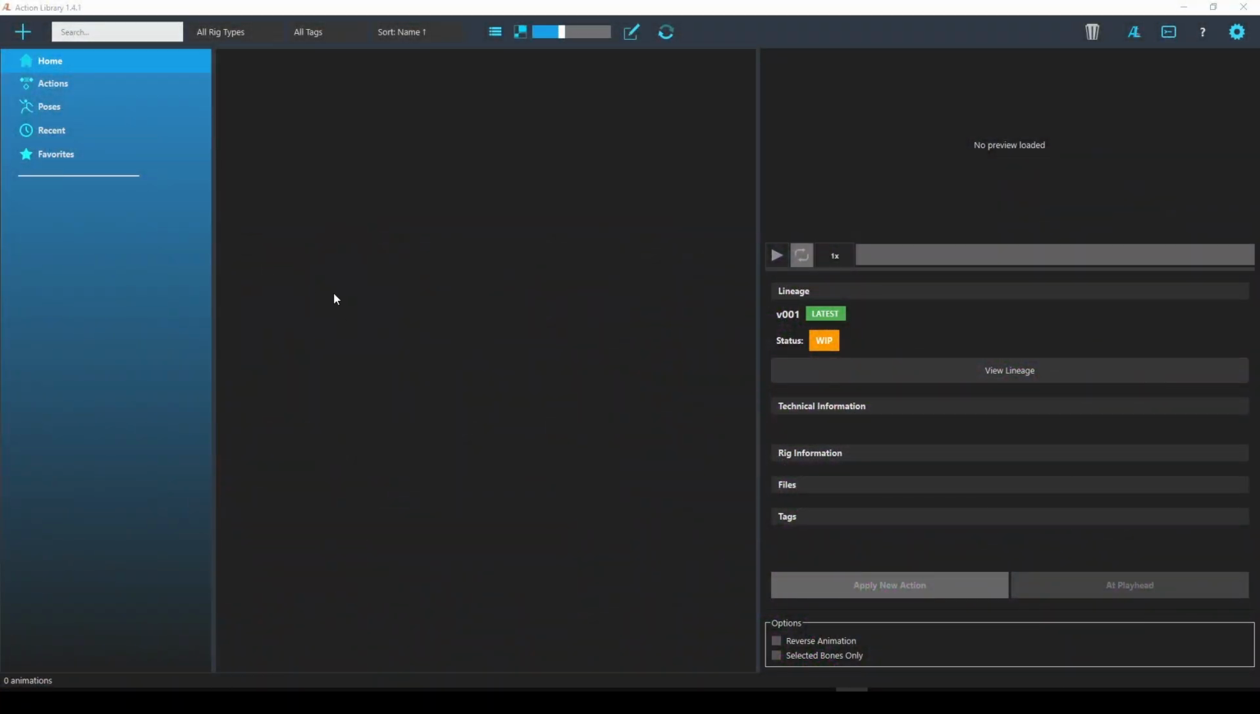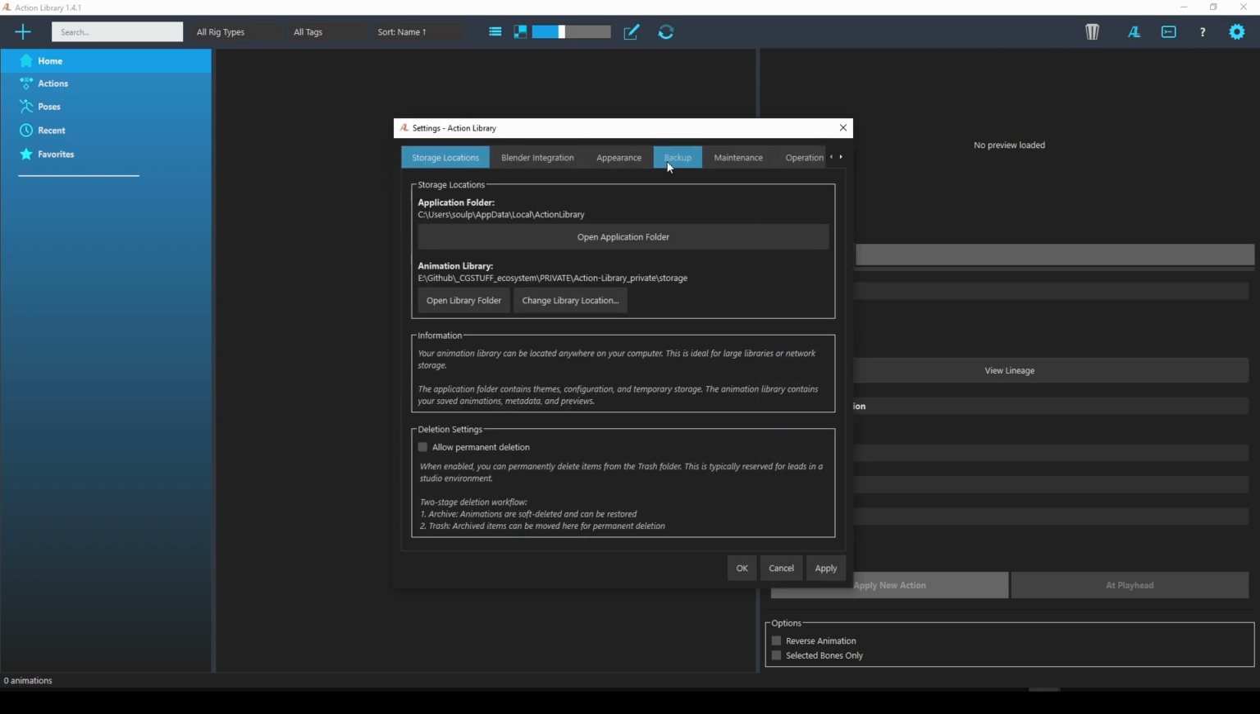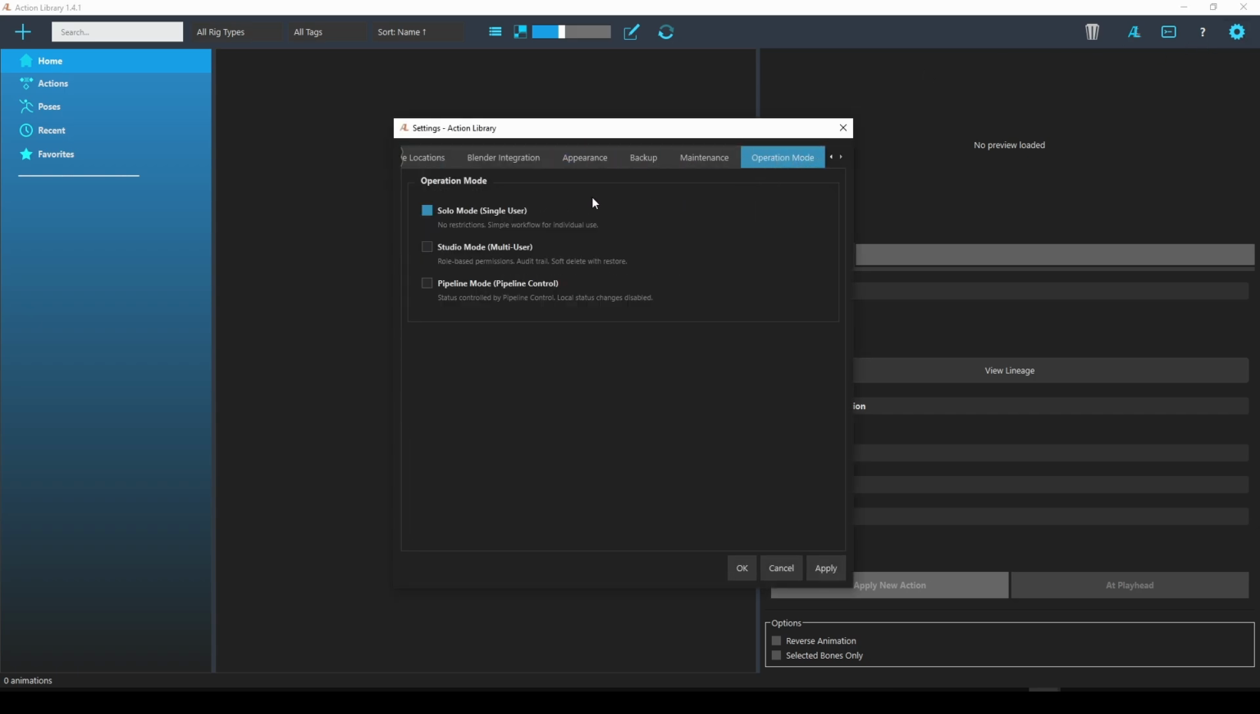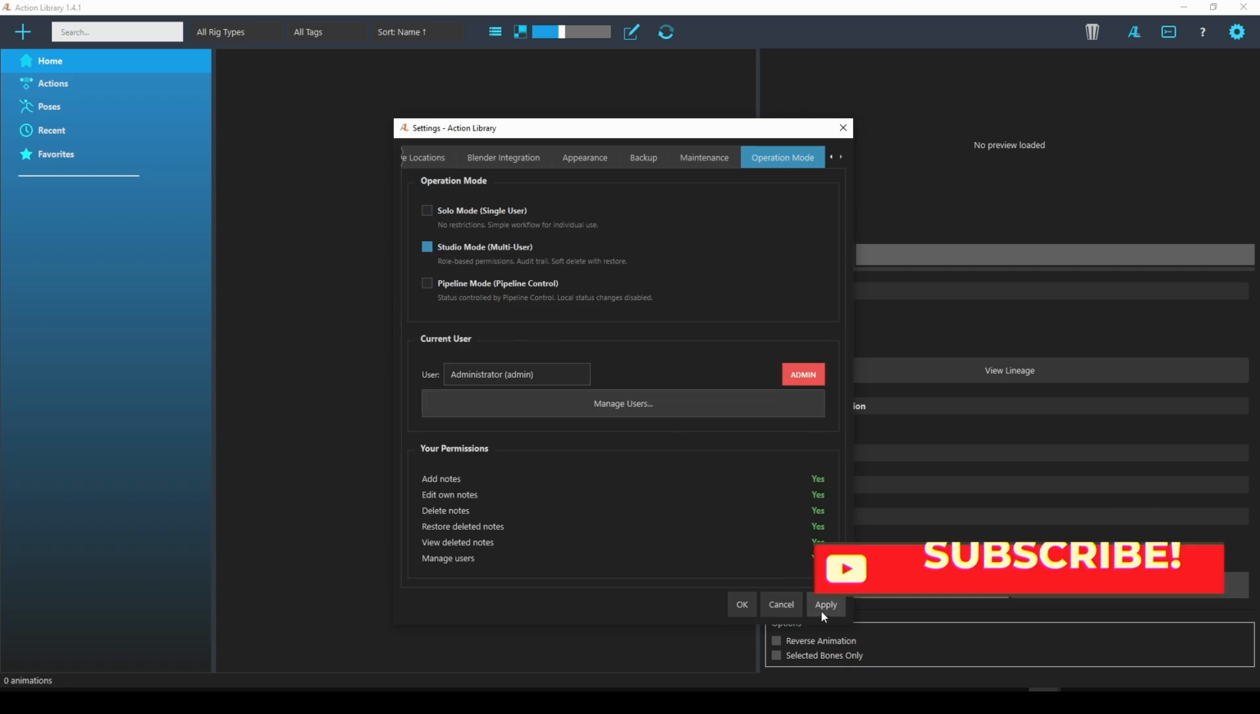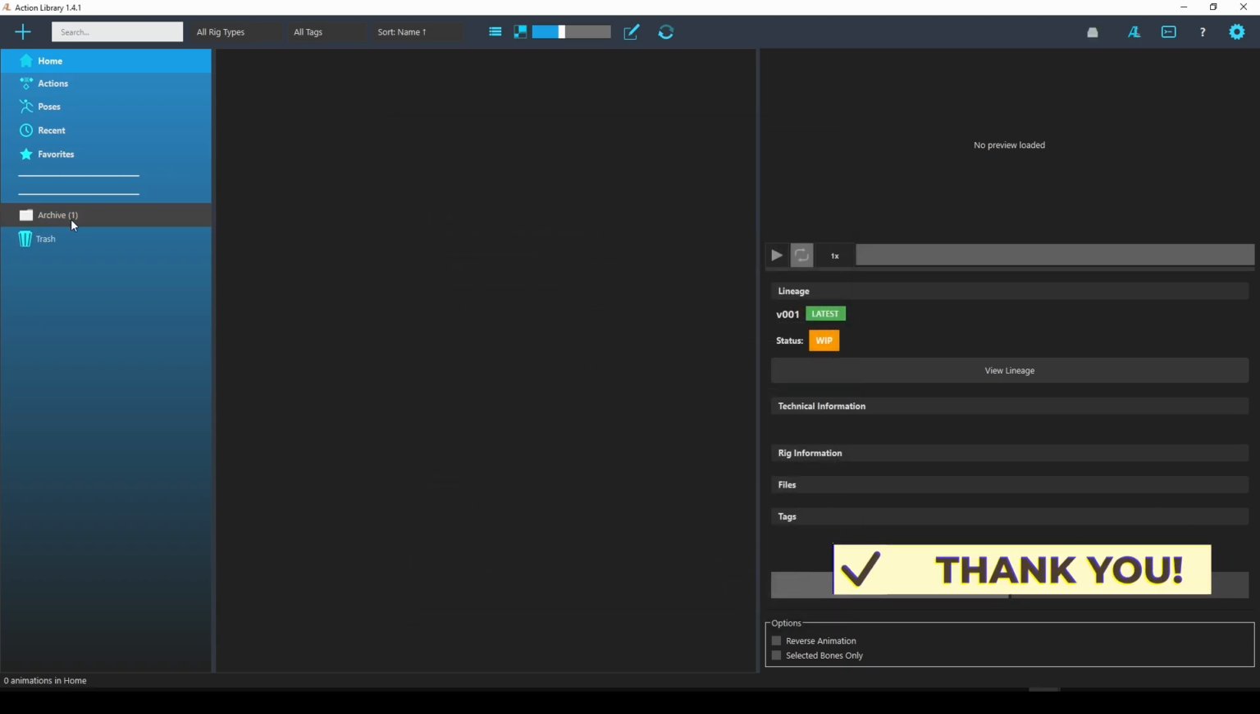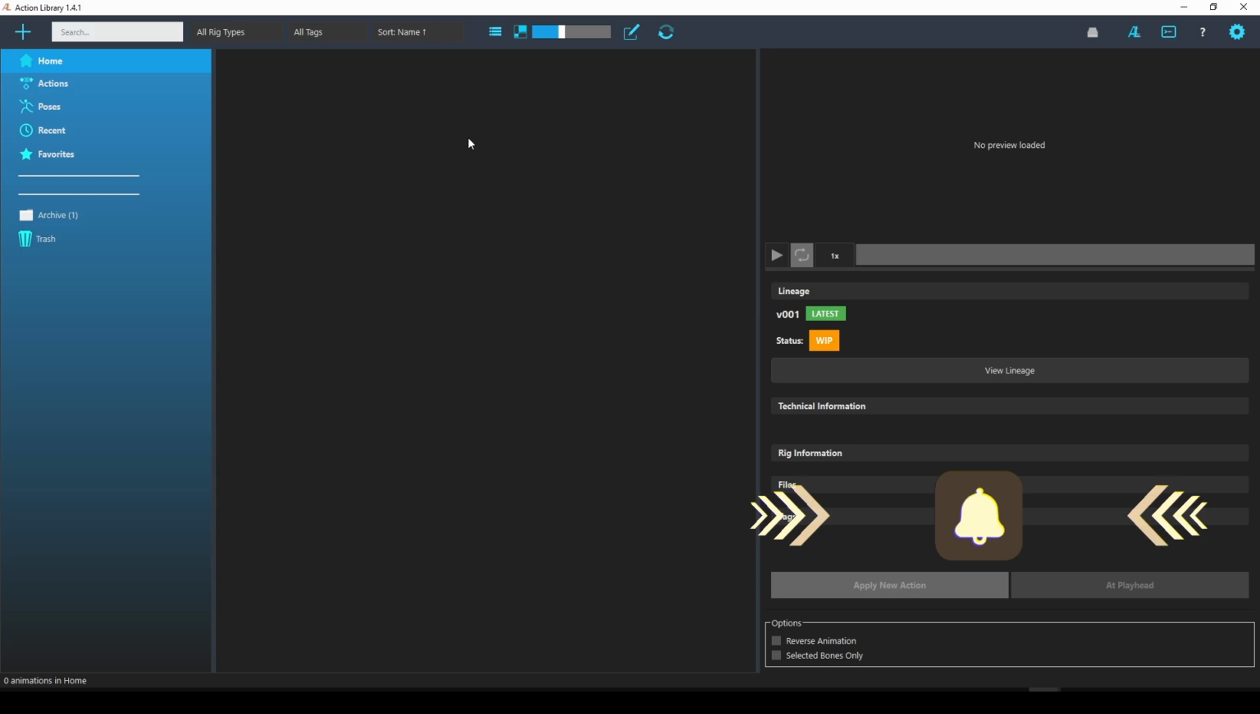Today I just want to showcase really fast that update 1.4.1 is out. It's just a small hotfix because solos before cannot delete an action or a pose, because obviously Action Library is an asset library first and foremost. However, it is also catering to studios because before you have archive and trash, and essentially what that means is